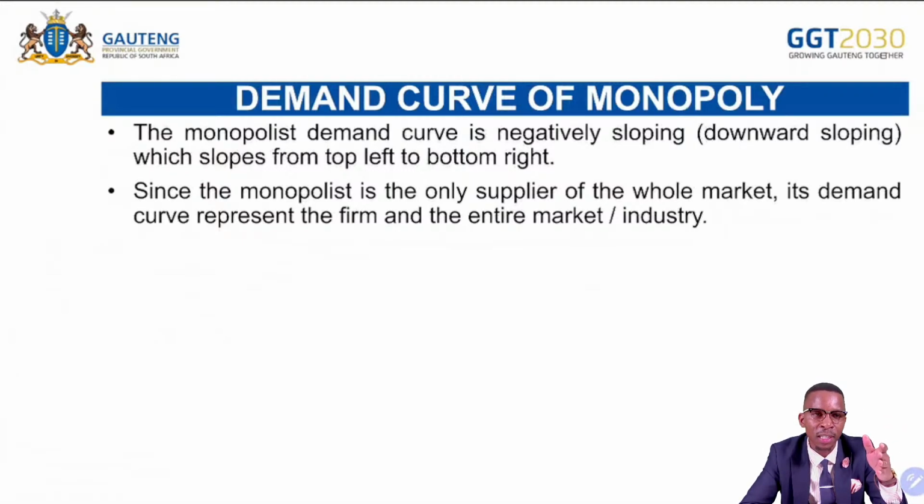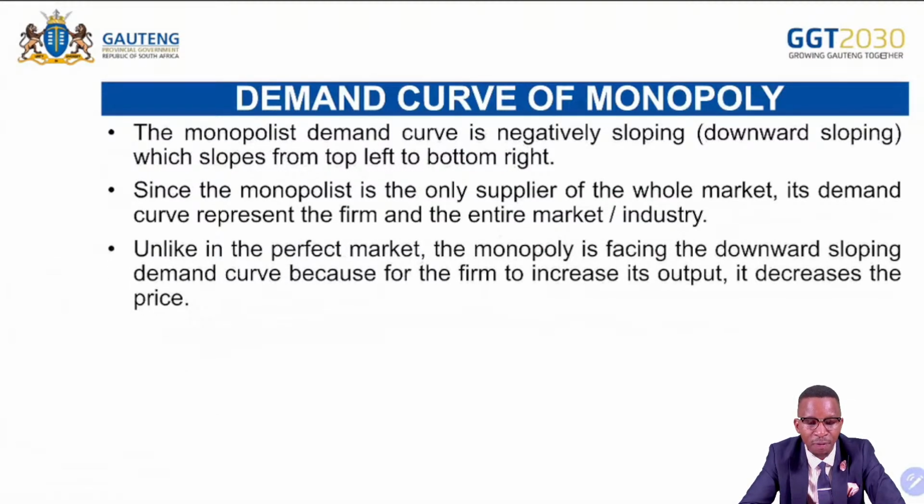For instance, electricity suppliers in South Africa. Eskom is the main supplier of electricity, so there is one demand curve for electricity demand. So that demand curve represents Eskom as well as the entire electricity industry in South Africa. Since the monopoly is the only supplier of the whole market, its demand curve represents the firm and the entire market or the industry. Unlike in the perfect market, the monopoly is facing the downward sloping demand curve,